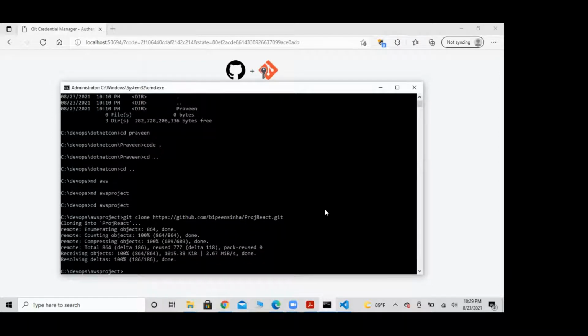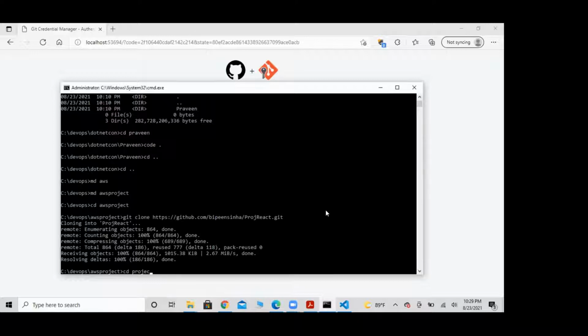Now just say cd space project react, PROJREACT, that is the name. Just type P and press tab.